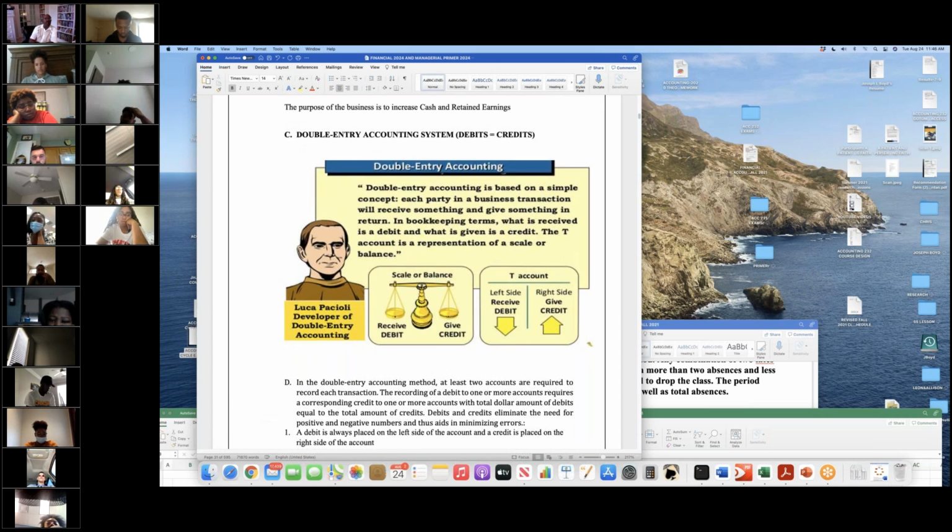A long time ago, in the 1400s, this guy Pacioli, who's kind of the father of accounting, came up with this double entry system for transactions. What he said is that when there's a transaction, there are two parties. In any transaction, you receive something, that's a debit. You give up something, that's a credit. So he came up with this double entry system of accounting,